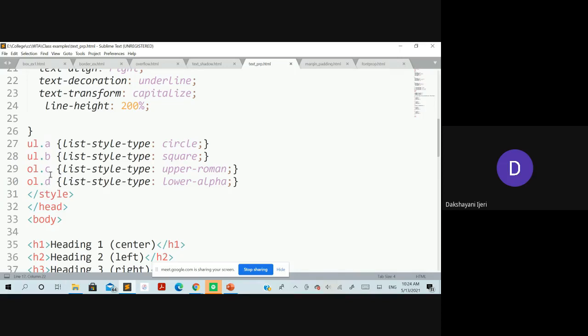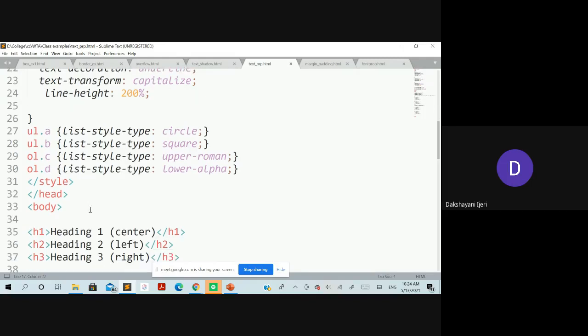Similarly you can see here for the ordered list, you can specify the list-style-type as upper-roman instead of the numeric value, if you want to take Roman values. Even in the Roman you have two types, upper-roman and lower-alpha. So alphabet values can also be used. Here you have differentiated with C and D to tell which styles are to be used, right?